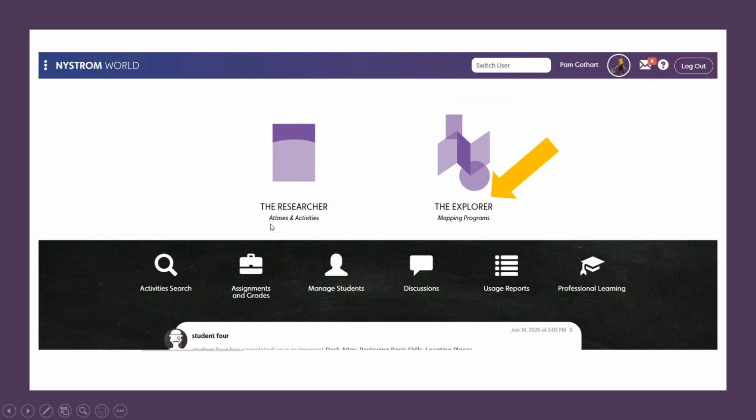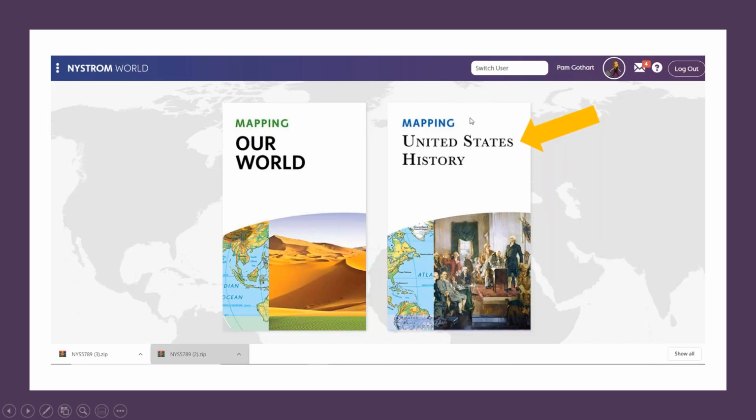Okay, so we've looked at the researcher. That's our atlases and activities. Now we're going to go to the Explorer. The Explorer is completely different from what you just saw. Very exciting and very interactive. Let's take a look. Again, staying with this idea of United States history and the American Revolution, we're going to